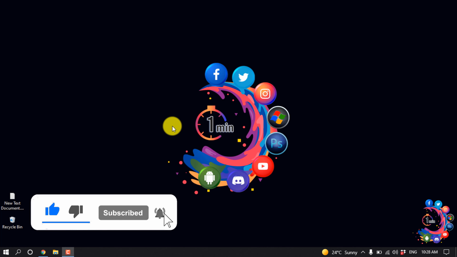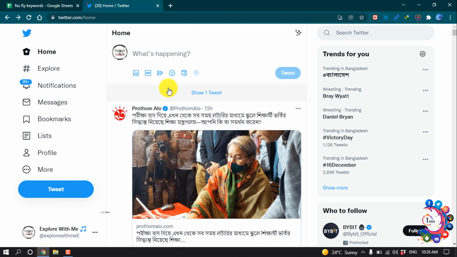First of all, open your browser, then sign into your Twitter account, and after that here we can see the option to tweet something on Twitter. Inside this tweet section you will find this option, schedule. So we have to click on this schedule icon,